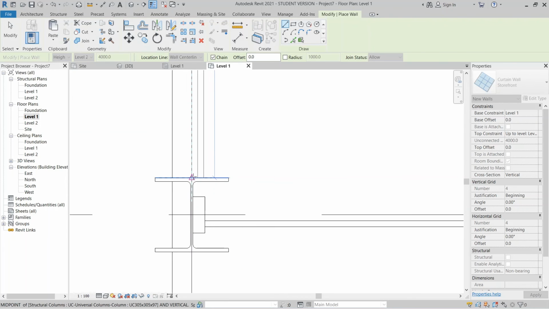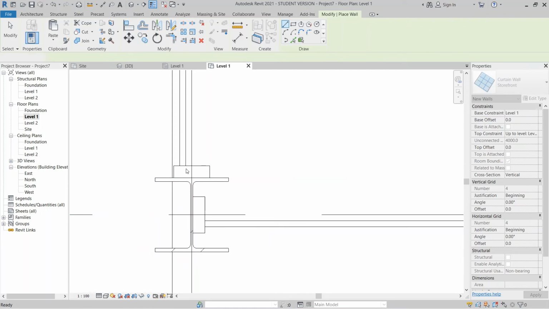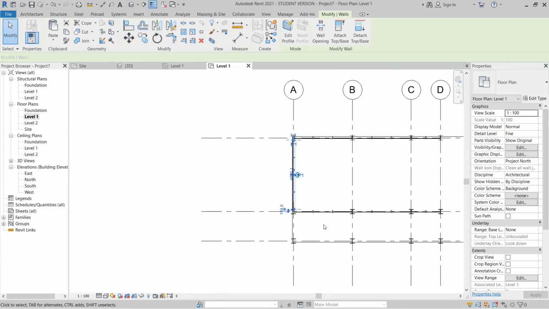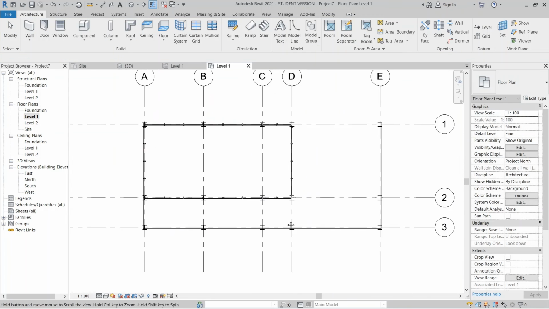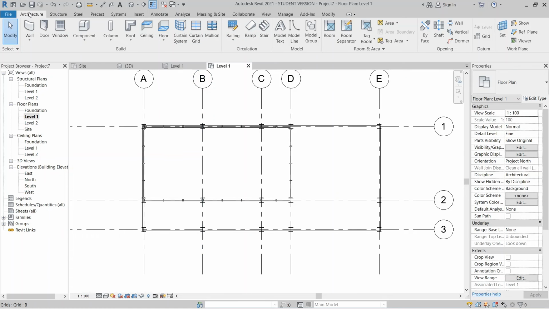Okay, hit the space key first, and this one I just like the whole system like this. Then I can copy from here until here, and I'm going to my architecture tab here, add some railing there,